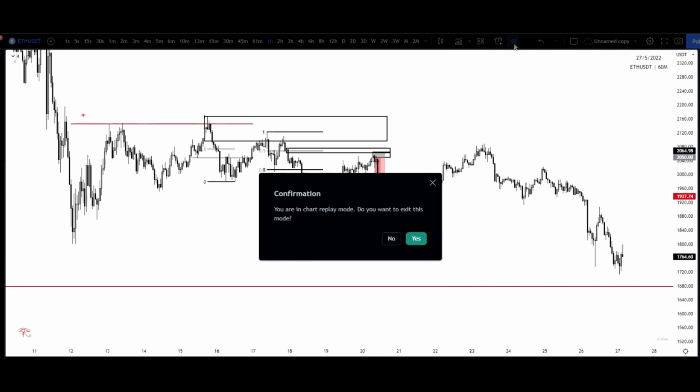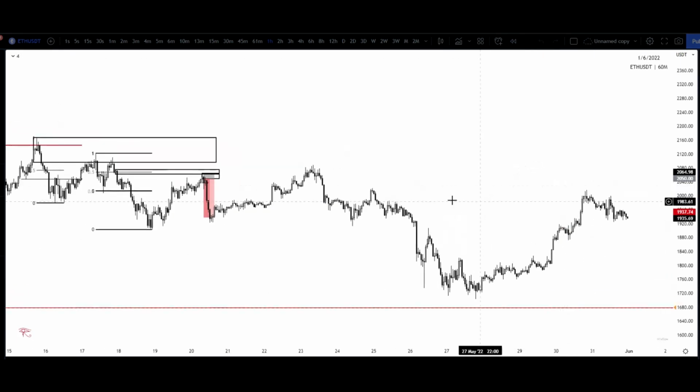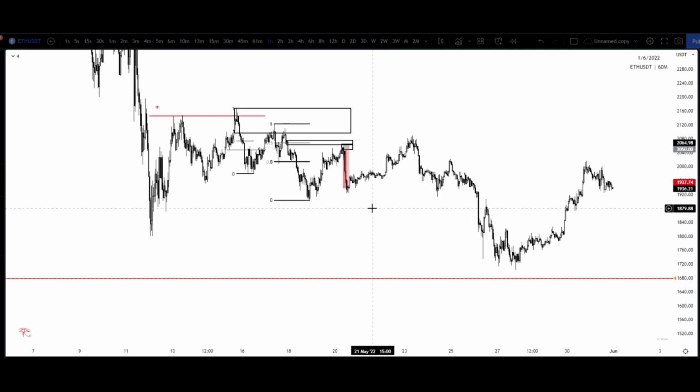Let me get rid of this replay. And I'm about to go over what I'm expecting next for ETH and Bitcoin. We'll look at a blank Bitcoin chart in a second and go over that. But just based off of what I have been